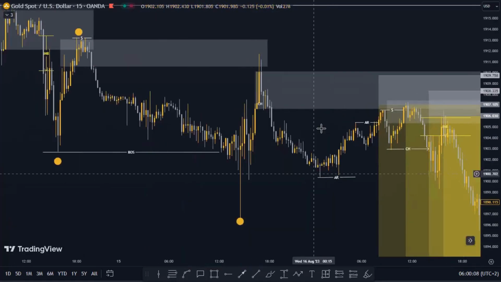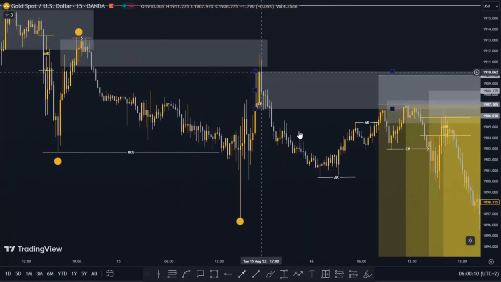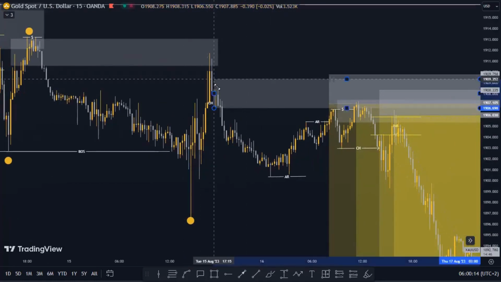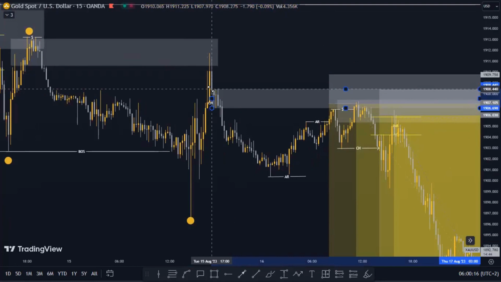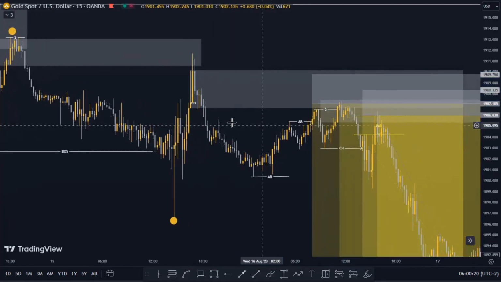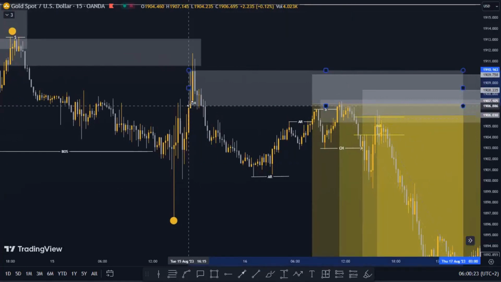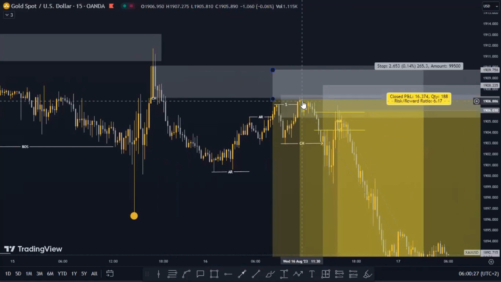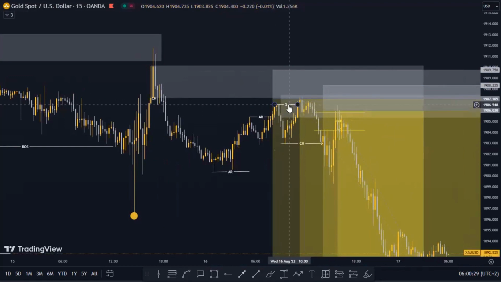I mapped out this last buying candle before it dropped to the downside. So I was anticipating the market to come back there. Another part of me was looking at this one right here, but to be safe, I wanted to take the big one from open to close, from opening price to closing price. As you can see how nicely it tapped into that, took out some liquidity on the upside, then pushed down